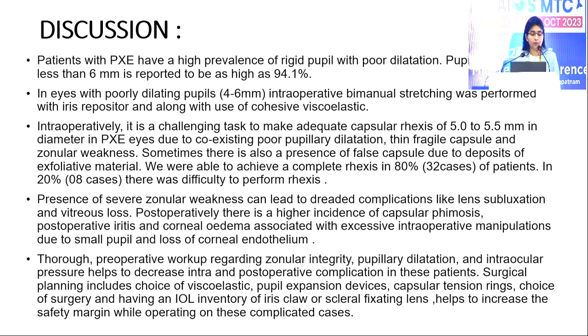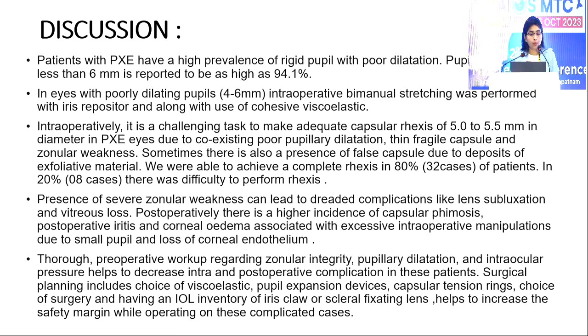Discussion. Patients with pseudoexfoliation have a high prevalence of rigid pupil with poor dilatation. Pupillary dilatation of less than 6 mm is reported to be as high as 94.1%. In eyes with poorly dilating pupil, intraoperative bimanual stretching was performed with iris repositor and iris hook, along with use of cohesive viscoelastic. Intraoperatively, it is a challenging task to make an adequate capsulorhexis of 5 to 5.5 mm in